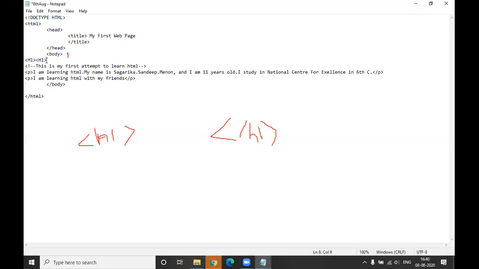But you have not closed it, right? Every time we open a tag, we have to close the tag also. And can you make it lowercase h1, both of them?